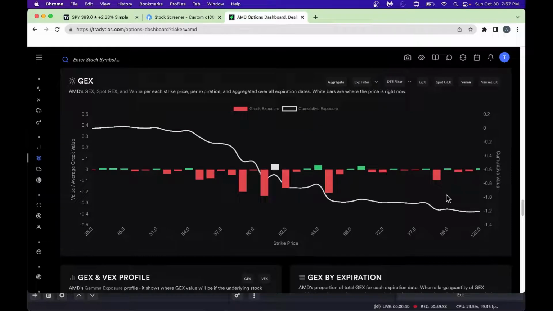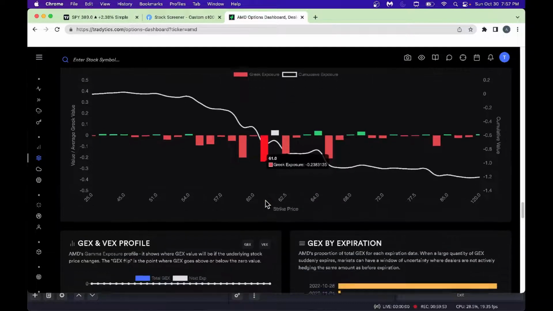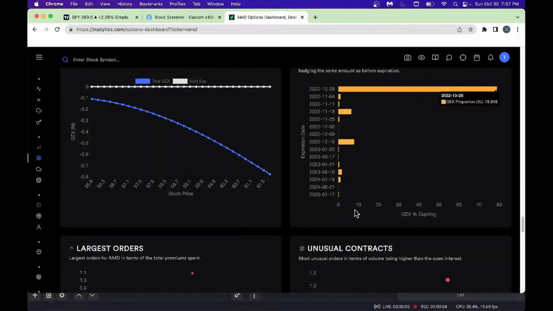And then you've got various things going on here. GEX, it's very important to look at the GEX exposure. Keep watching the highest GEX, right here at 61.0. That's where we've got a high GEX exposure. Sometimes this high GEX exposure can pin the stock to certain levels and go from there. Look, we've got GEX by expiration here. There's a nice and high one on 11/28, which is already done. We don't need to worry about that.